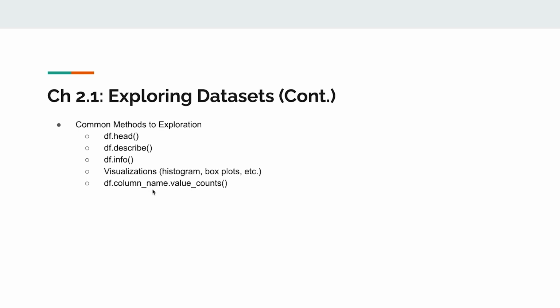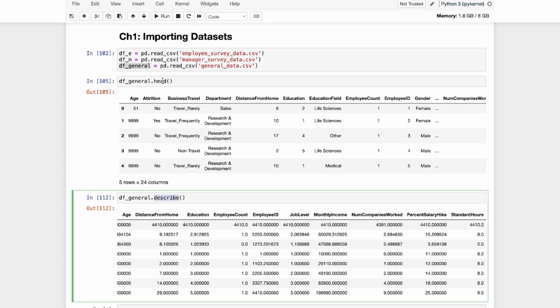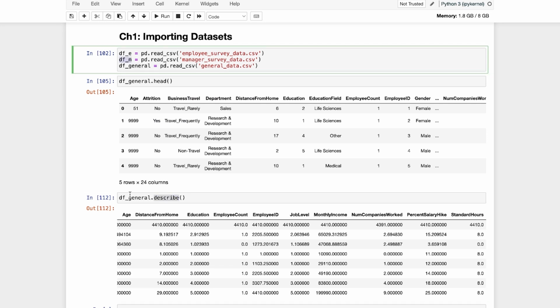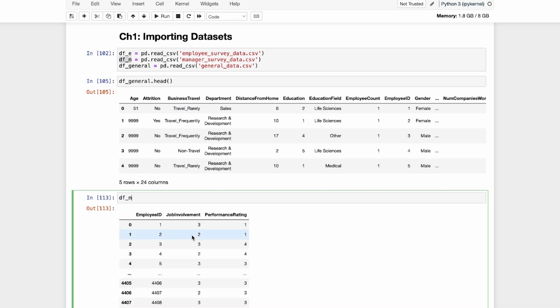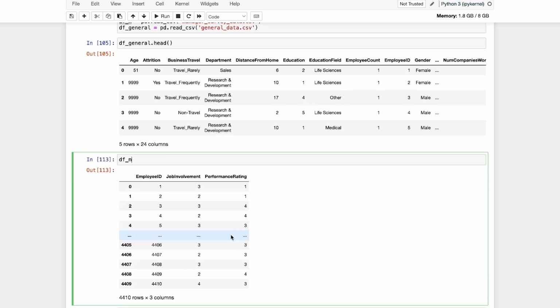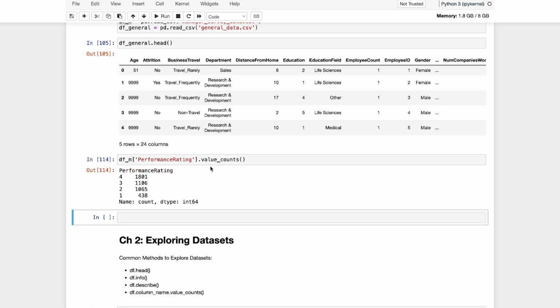Before we go into visualization, let's talk about the value counts. So how do you use value counts? Let's go back to the manager survey data. Let's say that we are curious how many employees received a performance rating of 1. If we're curious about that, we can simply use the value counts function. First, we need to specify a specific column that we are interested in. So we are interested in performance rating, and we just type in dot value counts, which will output